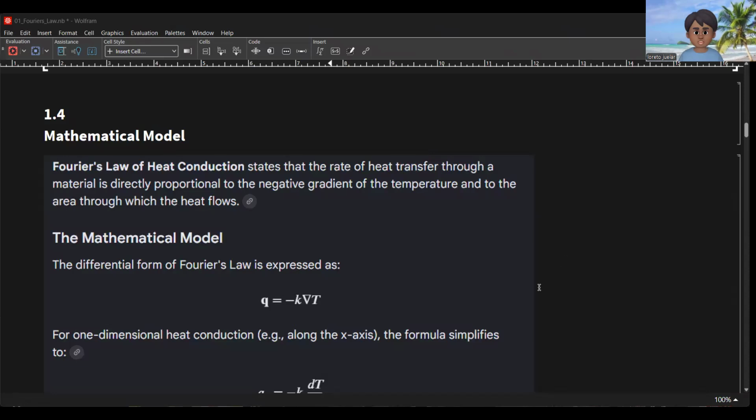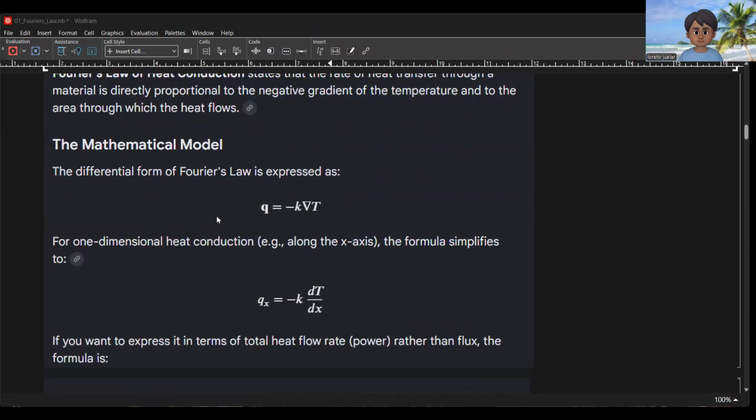The mathematical model: Fourier's law of heat conduction states that the rate of heat transfer through a material is directly proportional to the negative gradient of the temperature and to the area through which the heat flows. So we have the mathematical model. The differential form of Fourier's law is expressed as small letter q, which is negative of k times del